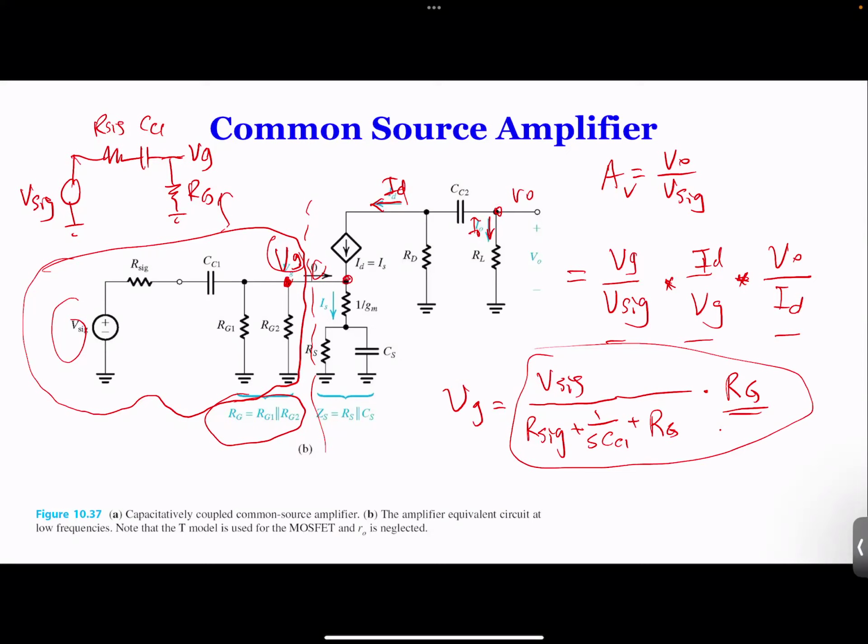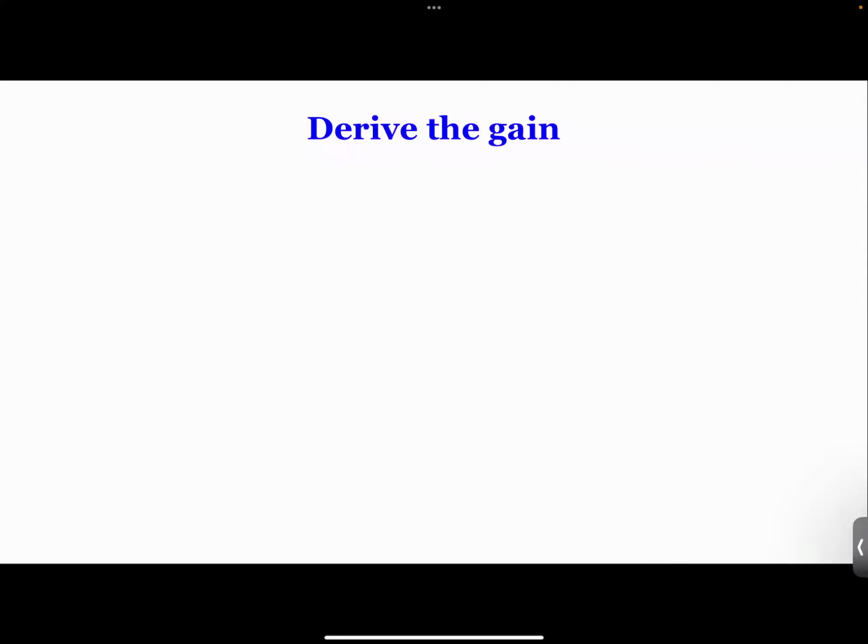And we can write down VG because ID comes in over there, and it goes here and here too, right? So we can write VG equal to the total impedance times ID. So we can write VG as ID times the total impedance, which is 1 over GM,